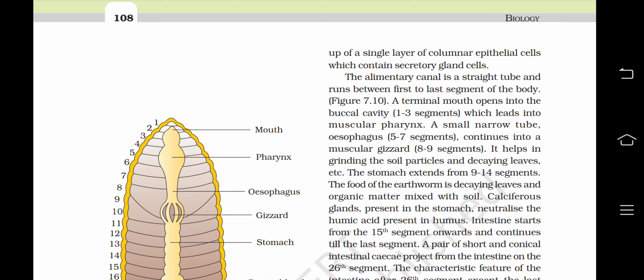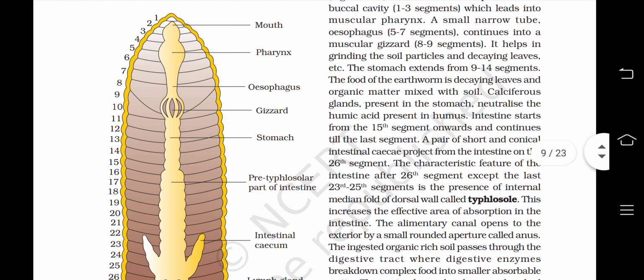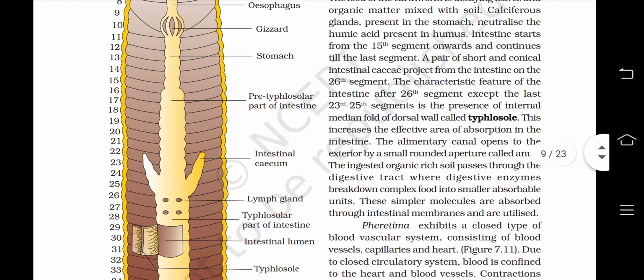Calciferous glands present in the stomach neutralize the humic acid present in the humus. The intestine starts from the 15th segment onwards and continues till the last segment. A pair of short and conical intestinal caecae project from the intestine on the 26th segment. The characteristic feature of the intestine after the 26th segment, except the last 23rd to 25th segments, is the presence of